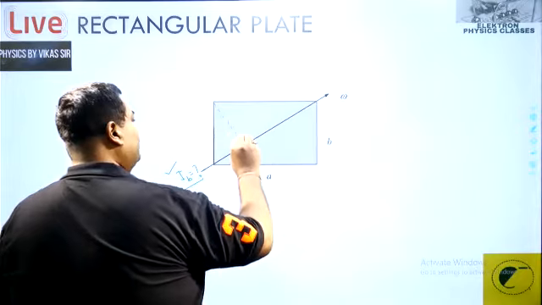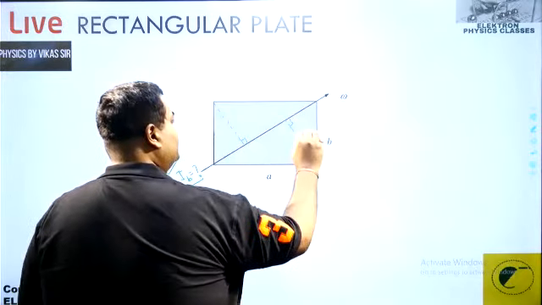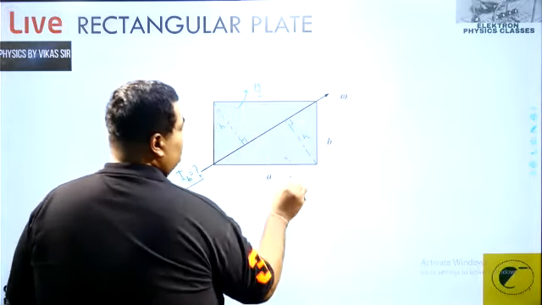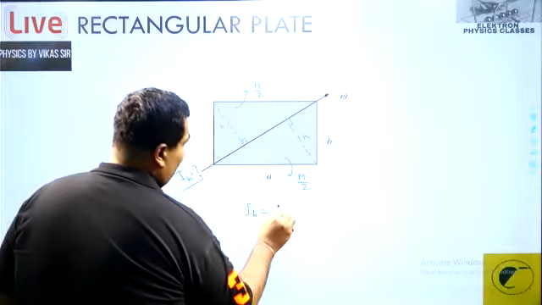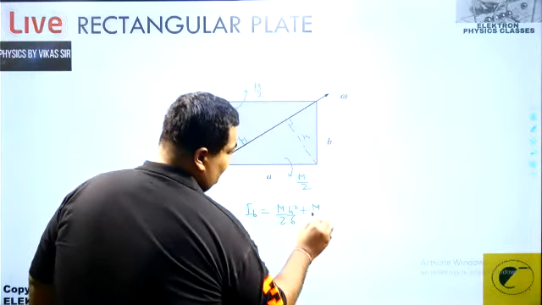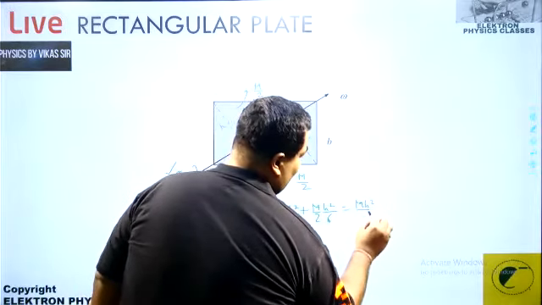Because if we drop the perpendicular here and here, these are the values for the h. The mass of this is going to be how much? M by 2. The mass of this is going to be how much? M upon 2. So what will be the moment of inertia about a base equal to? That is m by 2 into h square by 6 plus m by 2 into h square by 6. That's going to be equal to mh square by 6.